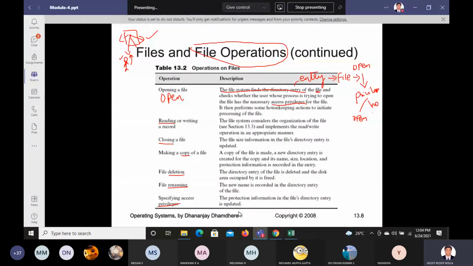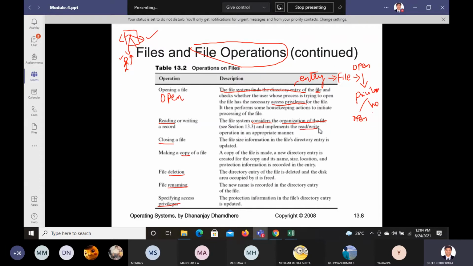Then is reading or writing. What does reading or writing mean? The file system considers the organization of the file. It will see how it is structured, whether it is structured or flat, and based on that it is able to read or write.